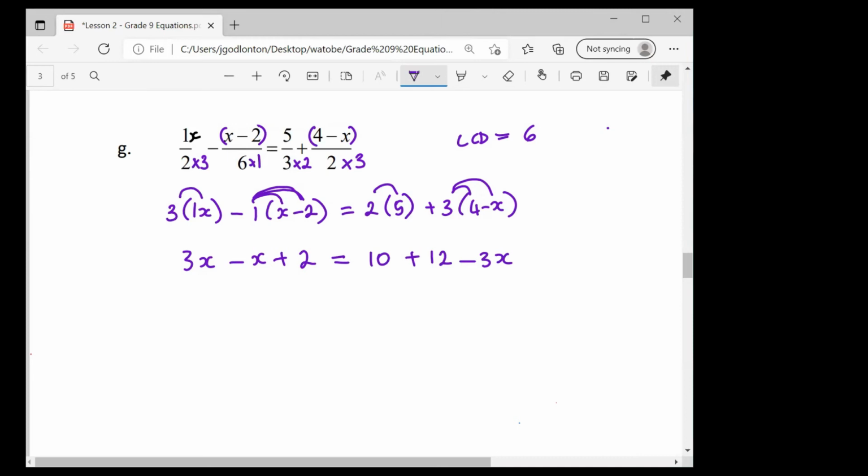Okay. This should be a normal equation like how we started the lesson. This is where we were on Monday. So everyone at this point should be able to solve this equation. So I just want you to take a minute and try and finish off this equation by yourselves.